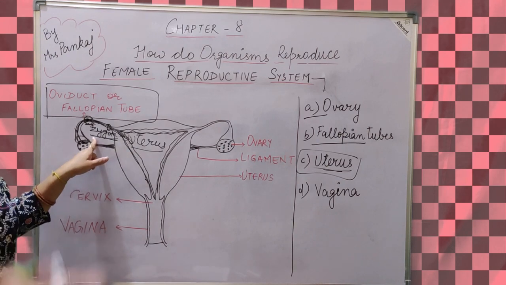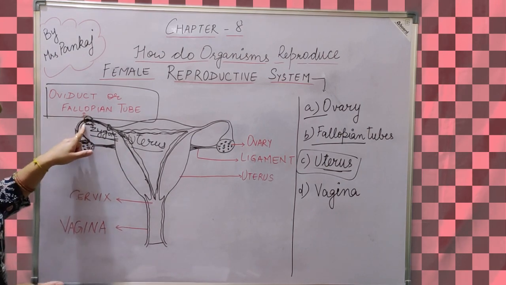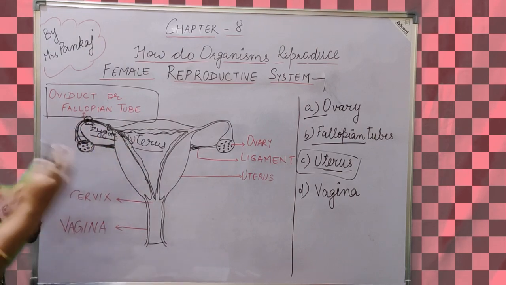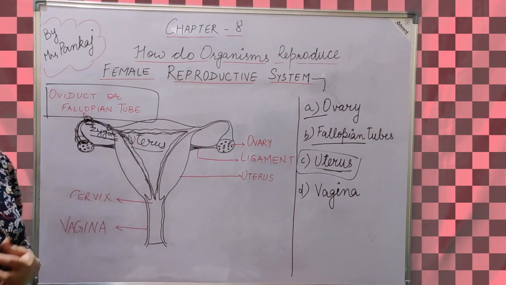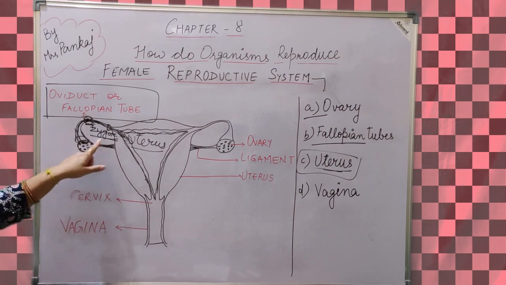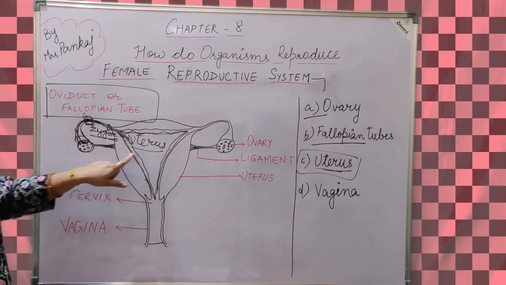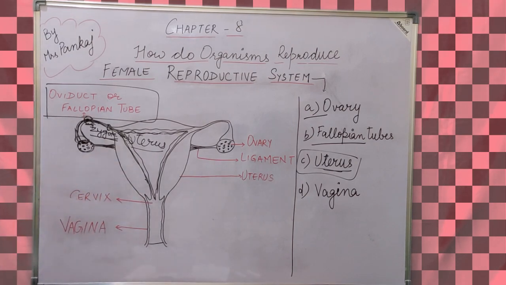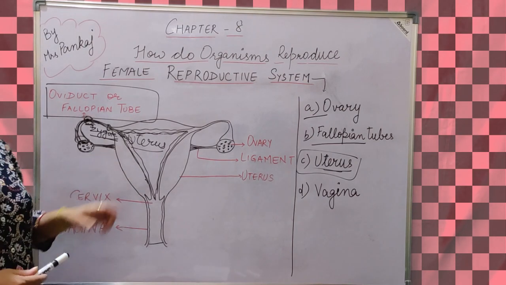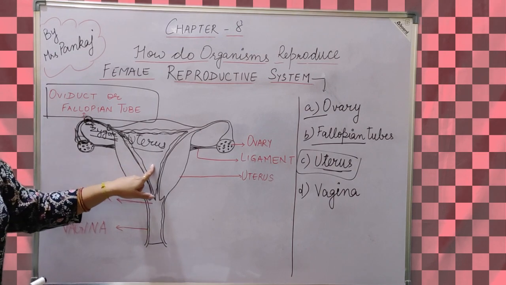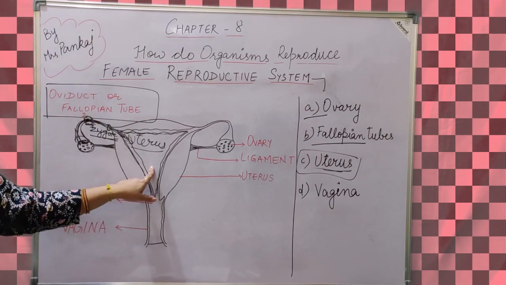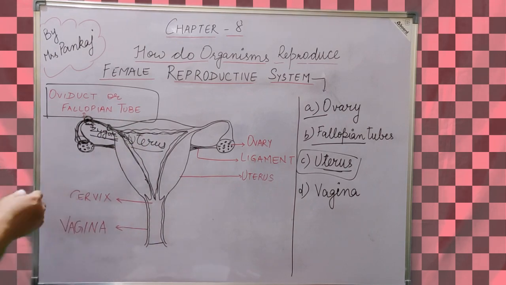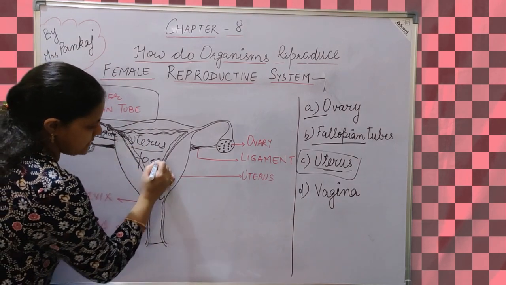After fertilization, if fertilization occurs, it receives the zygote. The zygote after differentiation or multiplication or cell division forms the embryo, and this embryo is attached to the walls of uterus. This embryo is attached to the walls of this uterus. This embryo further divides, forms fetus